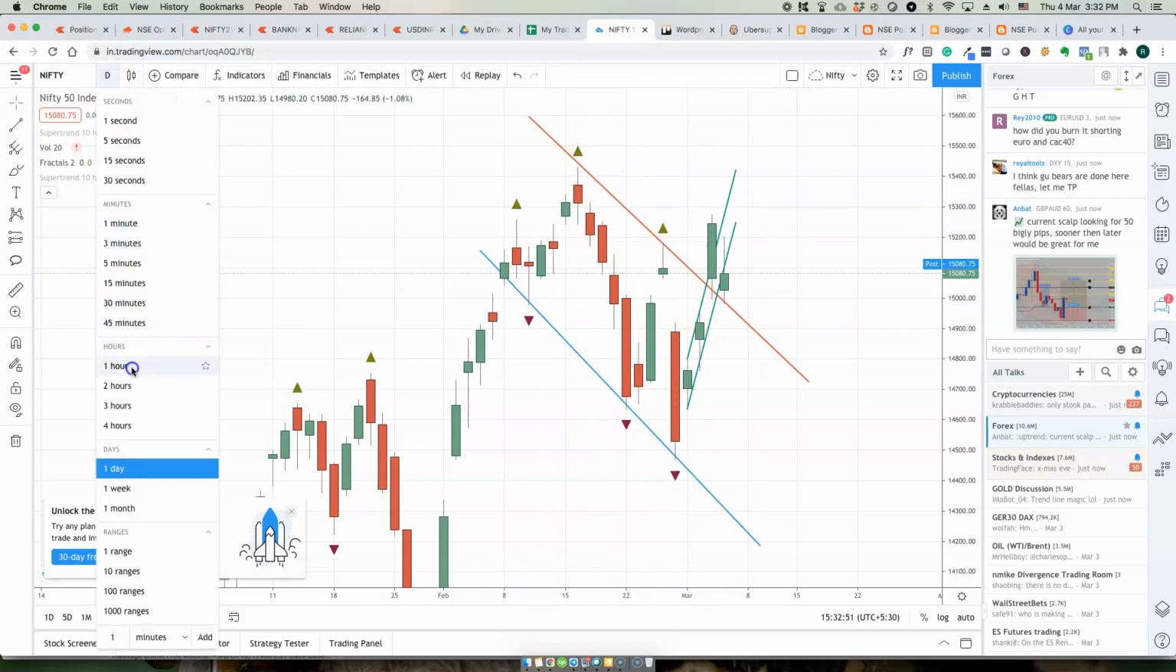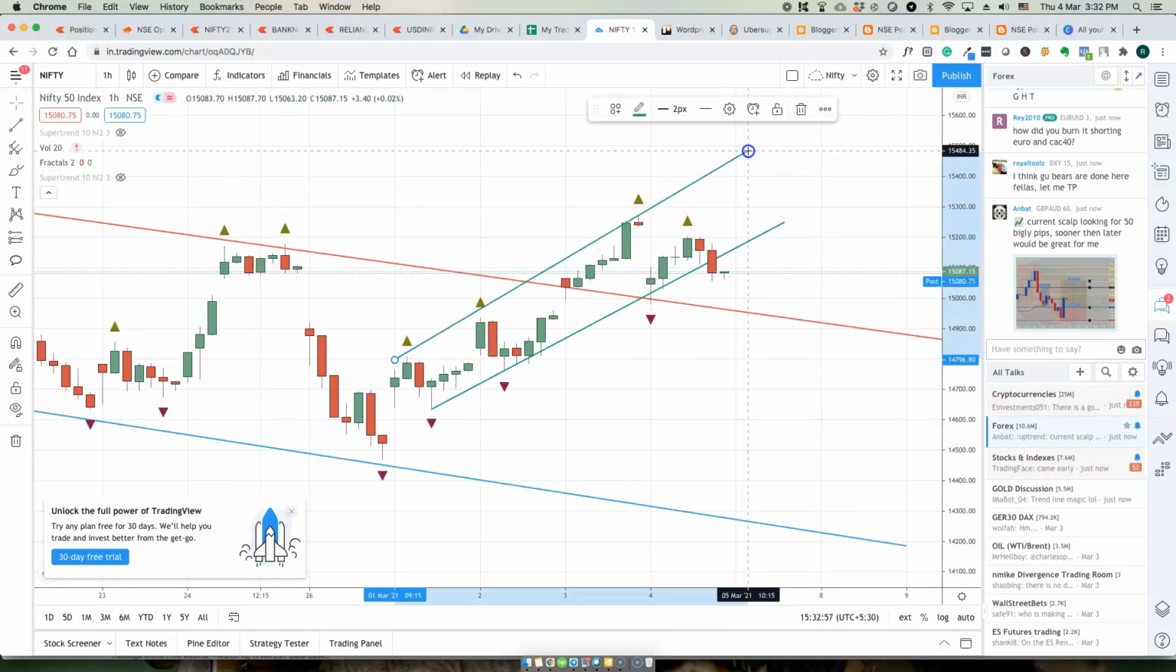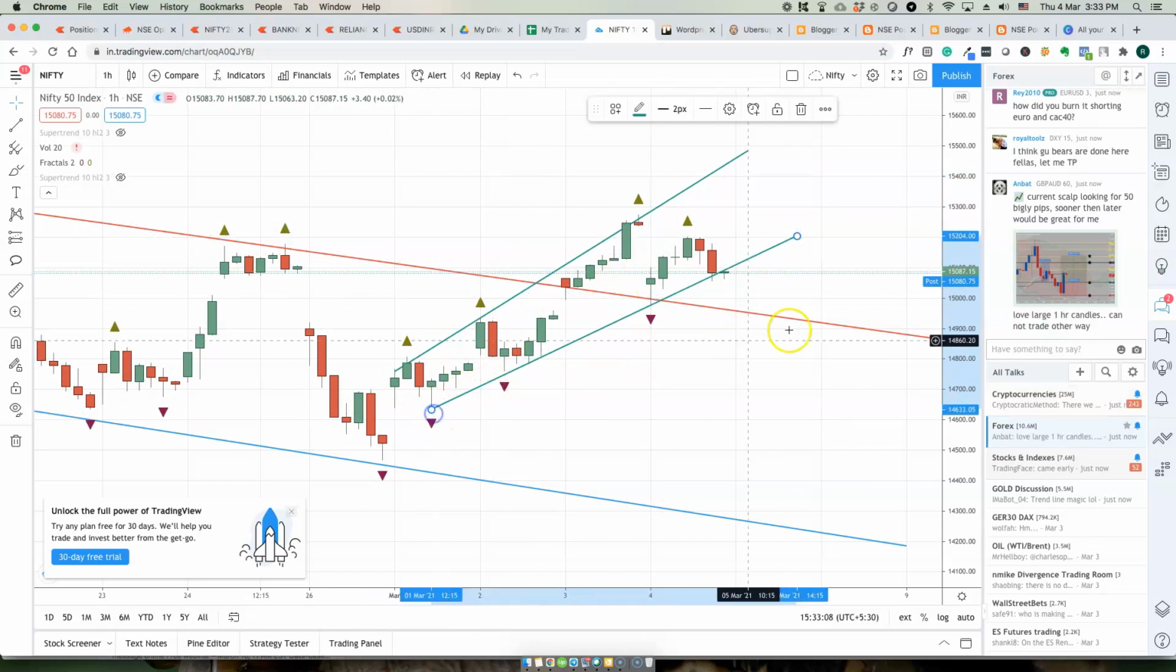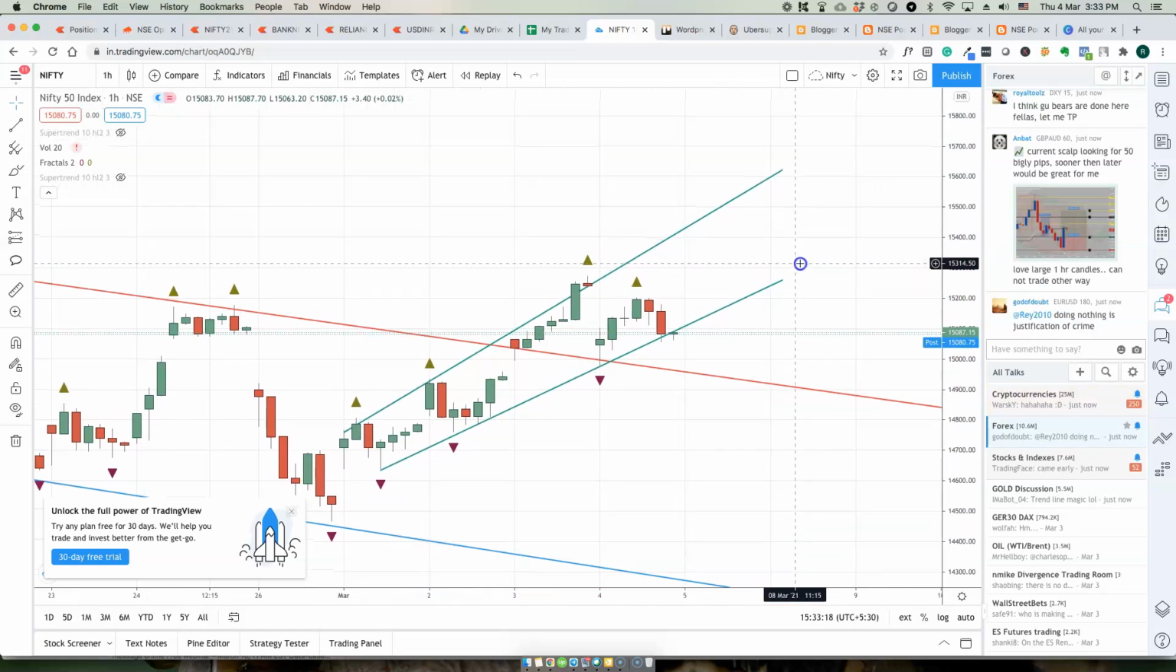Let us check the hourly. So this is the hourly. This line may be a little bit higher, right? A little higher, and the downward line is a little bit lower. So Nifty will be range bound tomorrow. It will be positive bias with the levels between